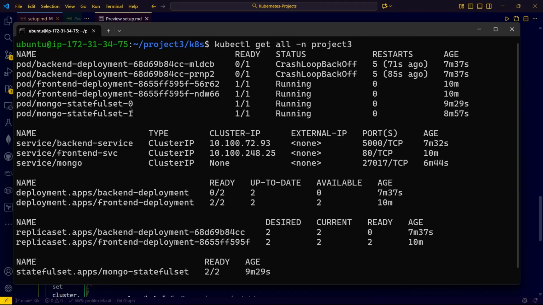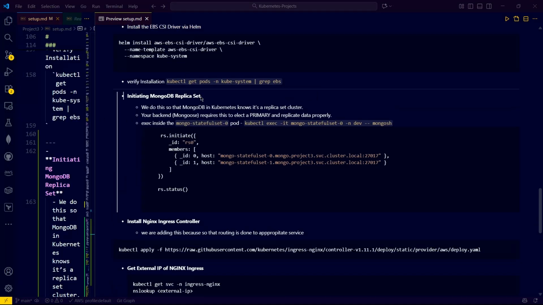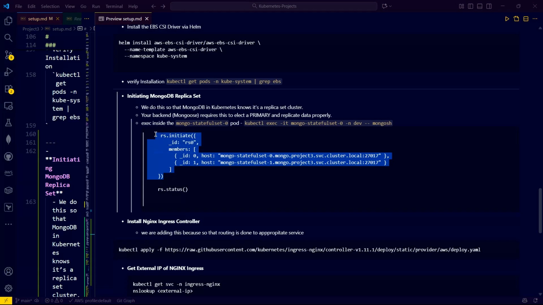What is this replica set? So we are initiating a MongoDB replica set in one of the pods of our MongoDB, because we have applied a StatefulSet, and in the StatefulSet we have set the replica count to 2, which spins up two pods of our MongoDB. Those two MongoDB pods are the replicas, but the data replication should be done by MongoDB itself. So for that we will take this command and exec inside the first pod, that is mongo-statefulset-0. So we'll take this also,